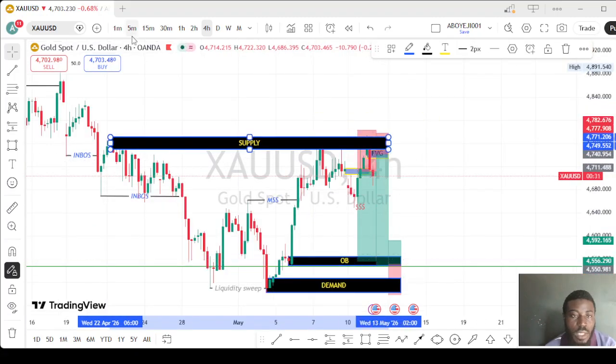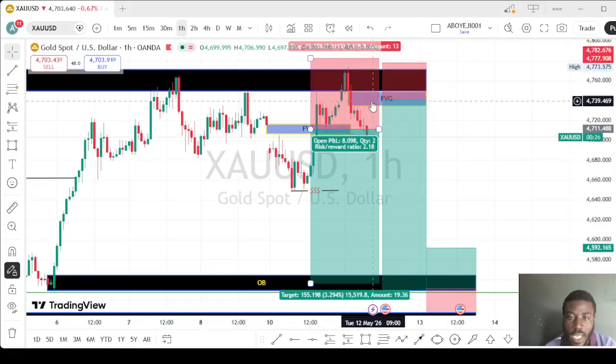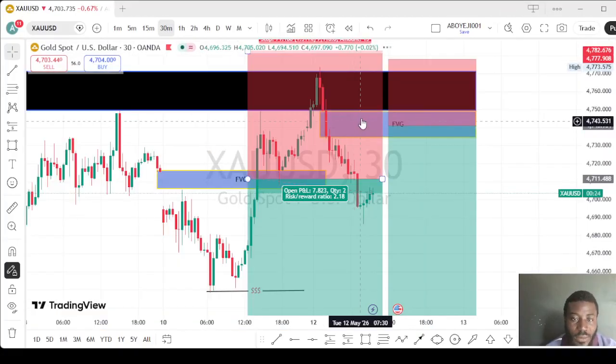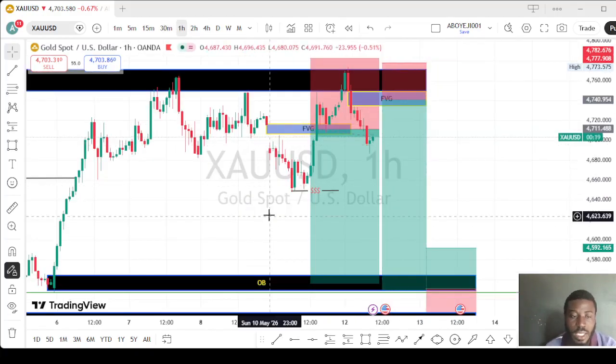Bearish again. This is what I'm seeing on gold. I'm still expecting gold to sell. This is the FVG the market created on the 1 hour time frame. I'm still expecting the market to mitigate that FVG before I can see a good trend, because we are having